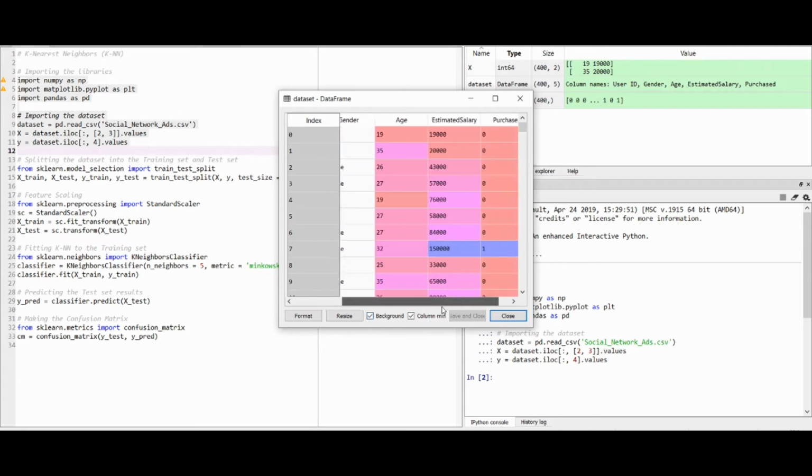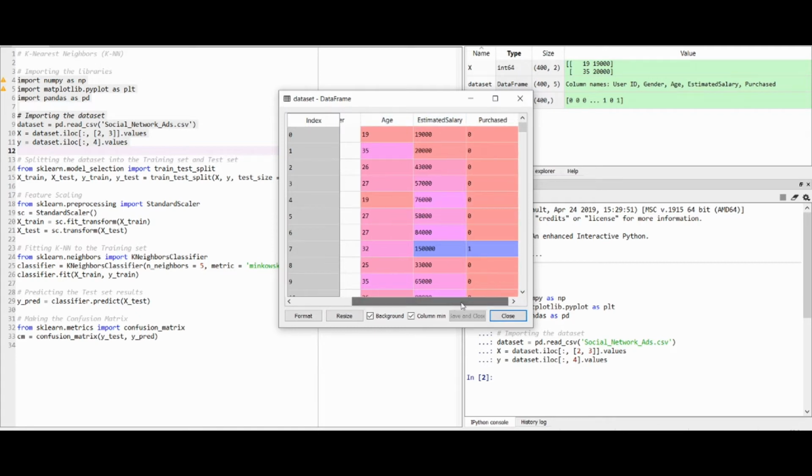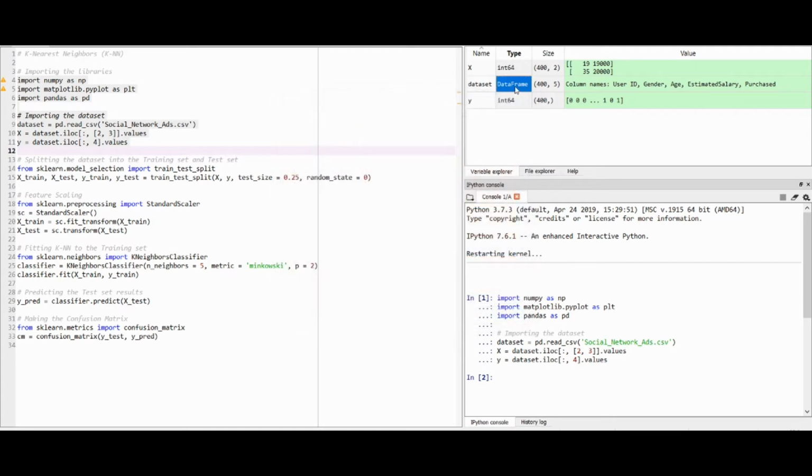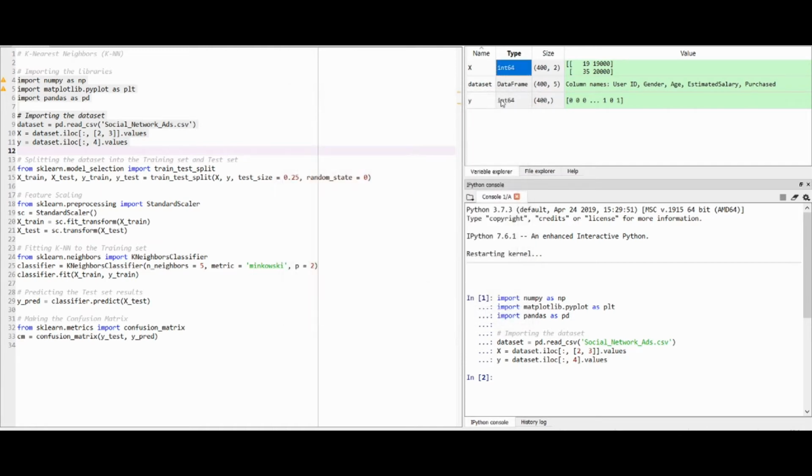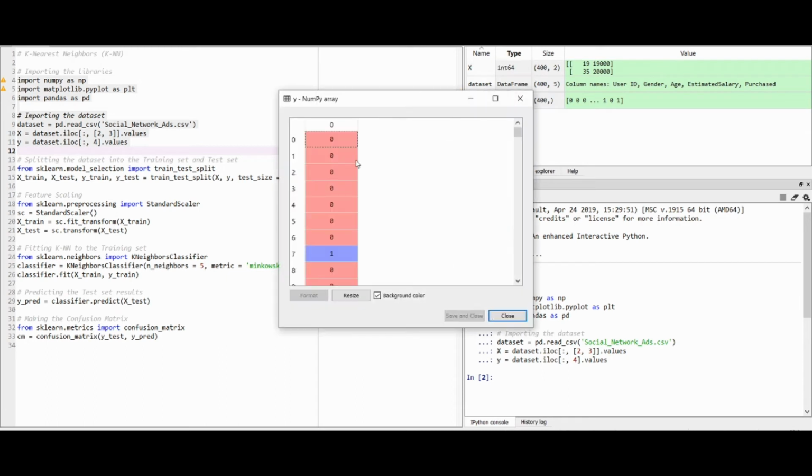From this data set we are going to use age and estimated salary as our feature matrix X, and purchased is our dependent variable Y. The feature matrix X consists of age and salary, and the variable Y tells whether the user purchased the product or not.